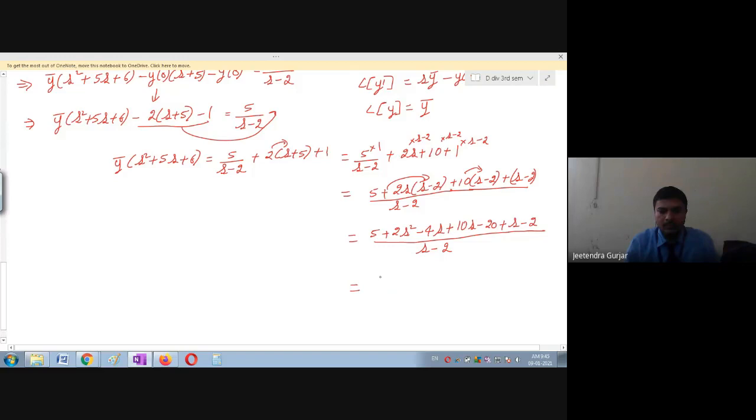So therefore, this is equal to, you can see 2s square is there. Again, what all terms are common? You can see this s is there. 4s minus 4s plus 10s will become plus 6s. 6s plus s will become plus 7s. Okay. Next we have 5 minus 2, then minus 20. So you can see 5 minus 22. Is it minus 17? Please check.